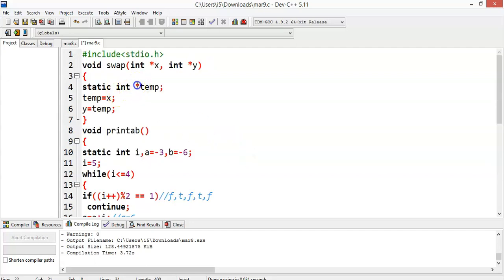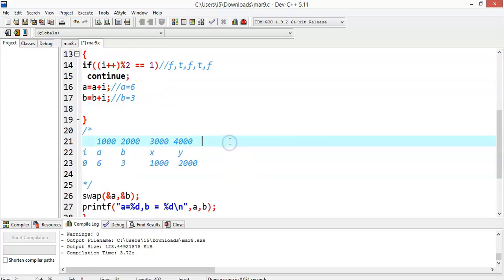Now I'm having one more pointer variable temp, which is a static variable. As you already know what a static variable does, even if the function is called again, it will not create one more variable called temp. It will reuse the value from where it is right now. So if you call the function swap a second time, it will not create a new variable temp. Whatever value was there previously will be used. That is the purpose of the static variable, which you must be knowing.